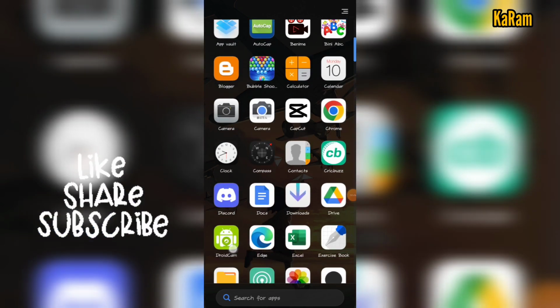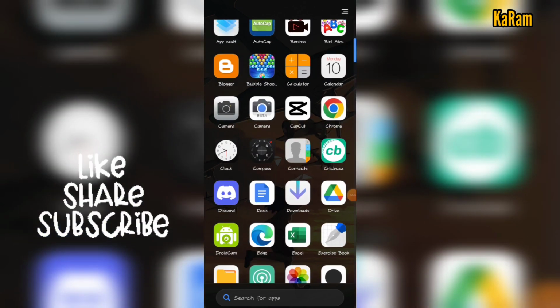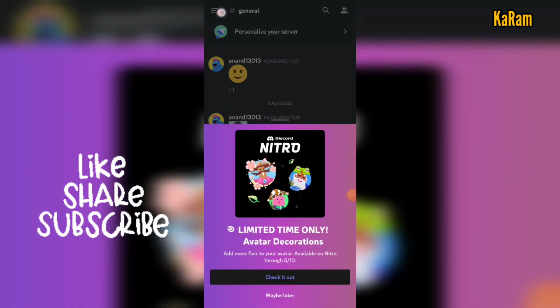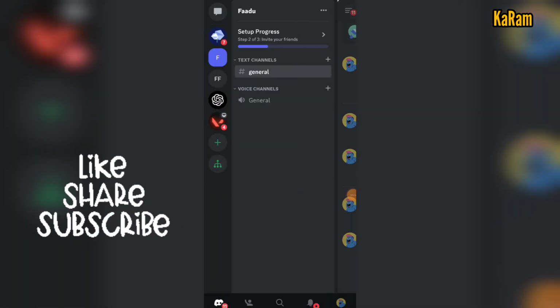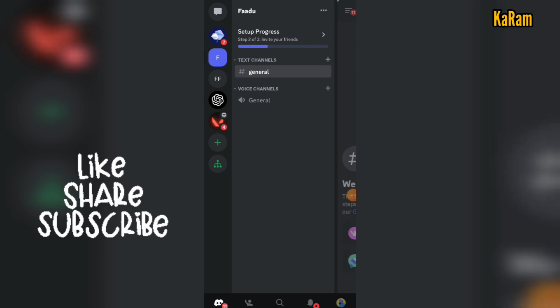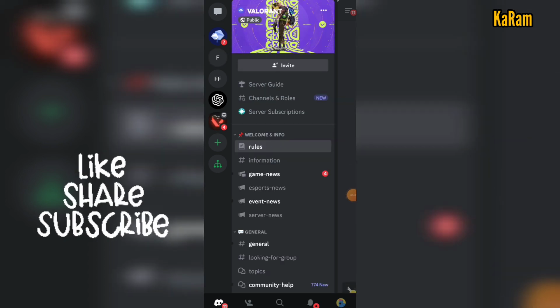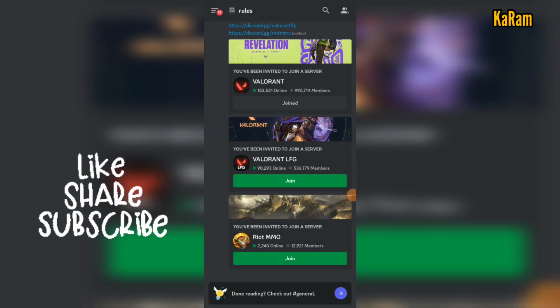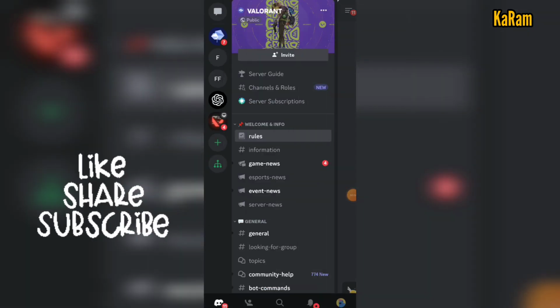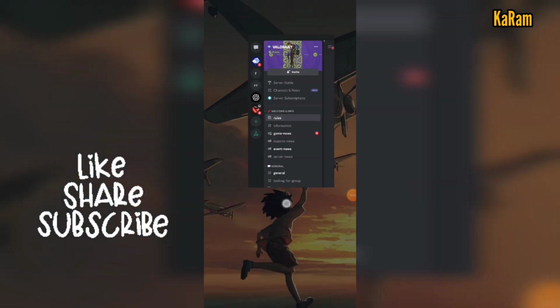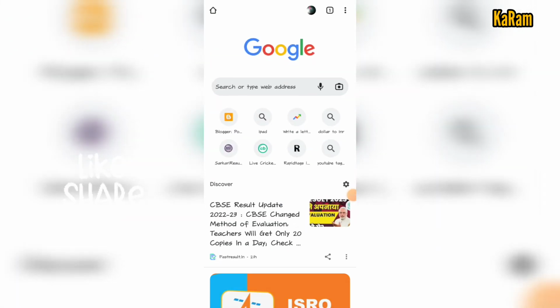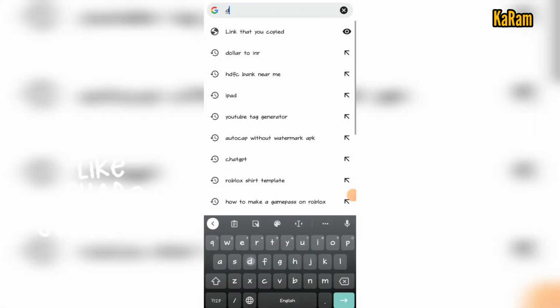So if you want to join a Discord public server, how will you do that? If I open any server here, you can see I've already joined a public server, like Valorant. I've already joined it, so how can I do that? There is no option to join a public server on the app, so you have to use a browser to join a public server. So just search